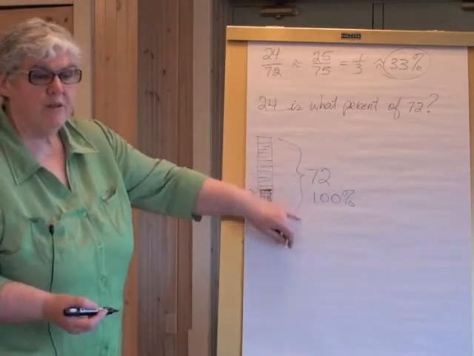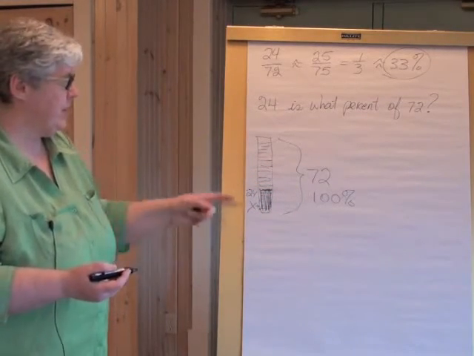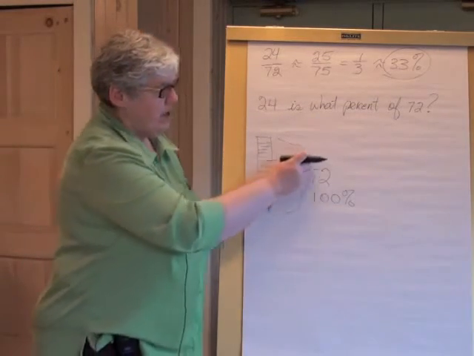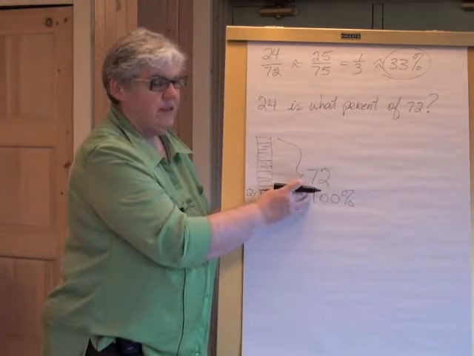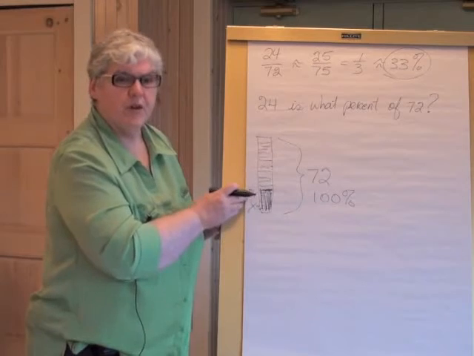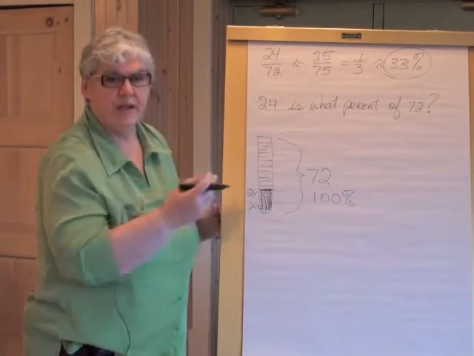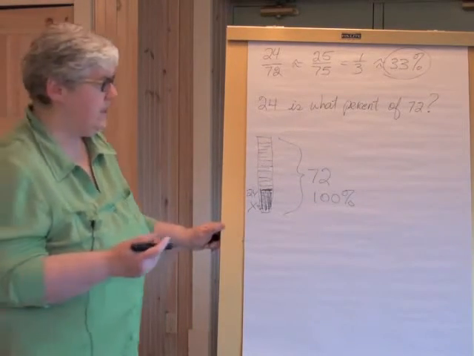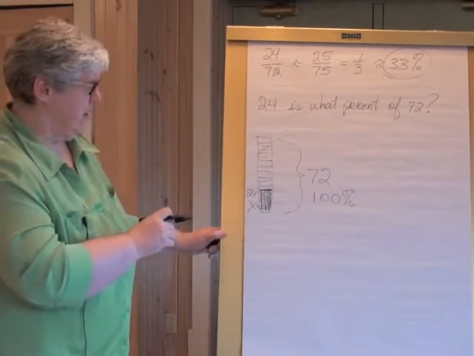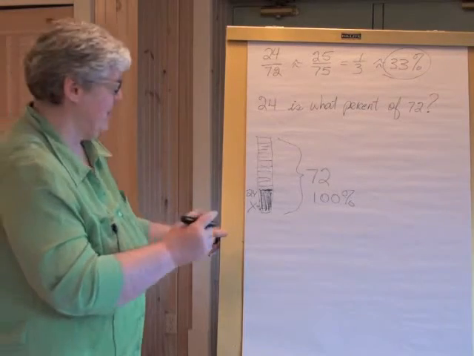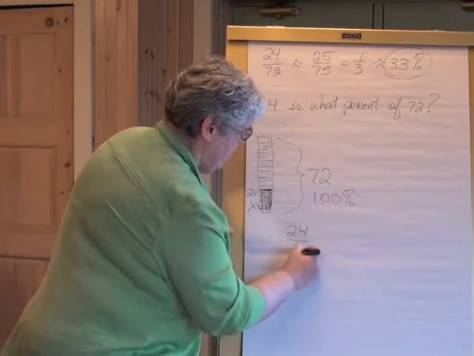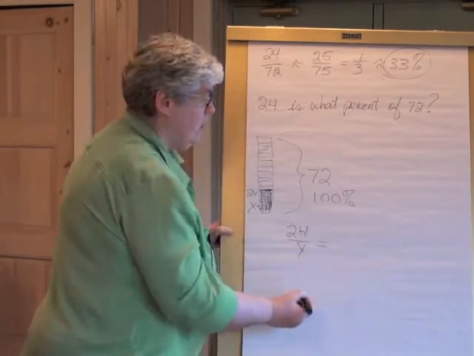Now I go to my proportion. I've got 4 numbers here, so I'm going to write a proportion that uses all 4 of these parts. But you notice that I've got the whole thing out here, the whole number, the whole percent. And over here in my diagram, I've got the part number and the part percent. So really, I've made it easy for myself. All I need to do is copy those down. I'm going to start with the X. Well, I'm going to start on this side. So I'm going to say 24 over X